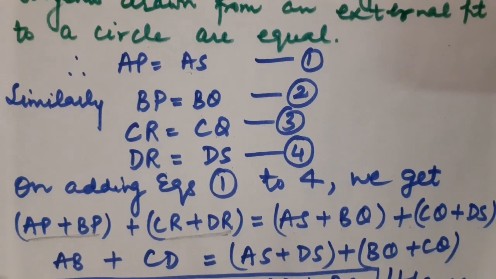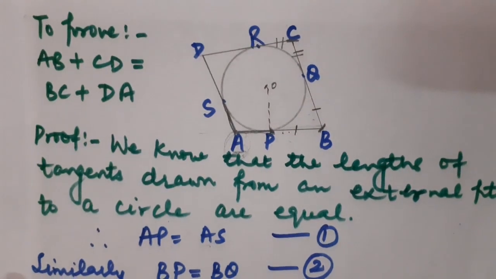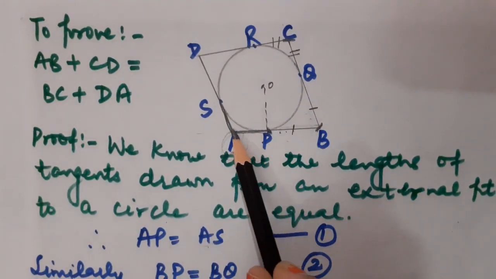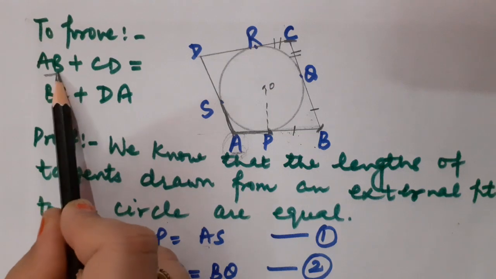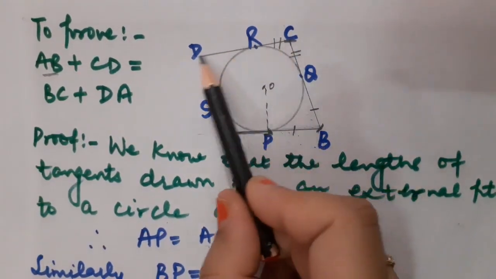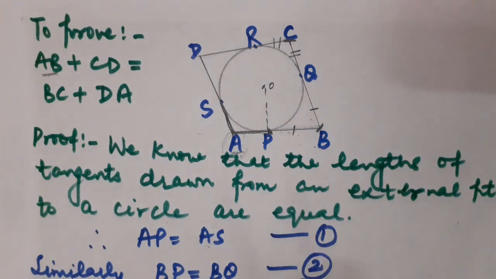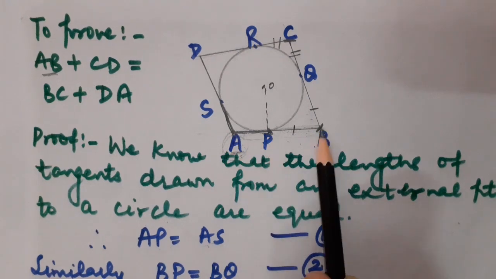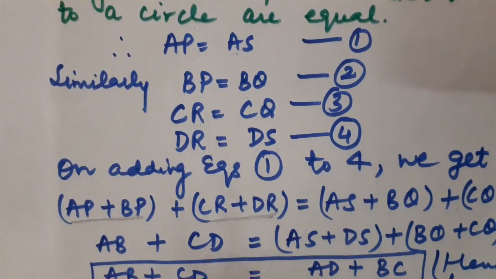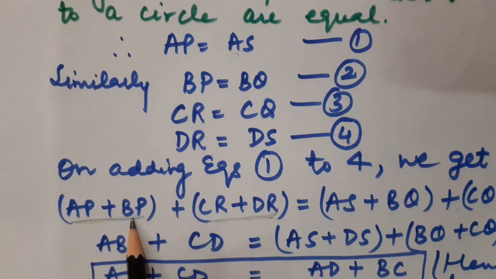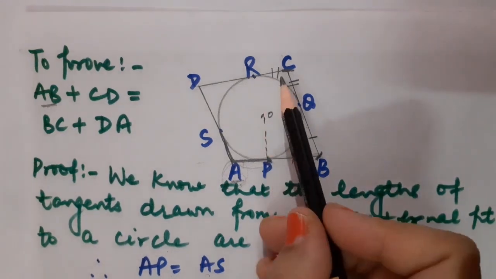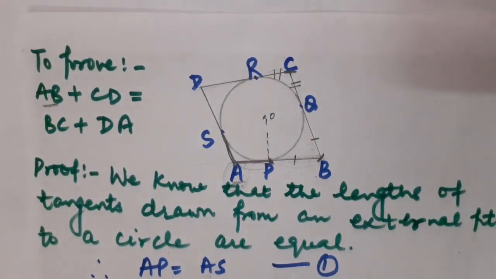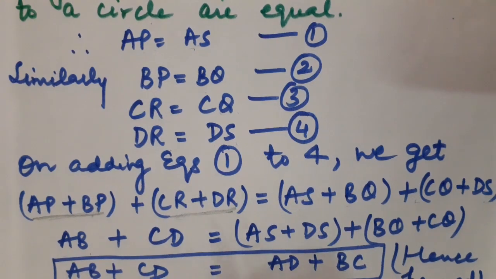Now children, just think what I actually have to calculate. I want the complete AB on the left hand side, as this I have to prove, and I want CD, meaning both opposite sides of the quadrilateral. So how can I get AB? I am going to get AP plus PB. Look, this is AP plus PB I have got. So can I change this AP plus BP to AB? In the same manner, children, I have got on the left hand side CR plus RD. So in place of that I have got CD. Look.